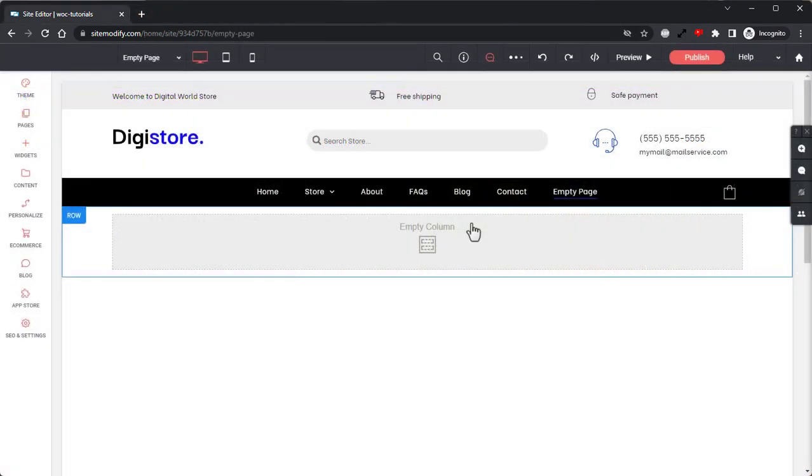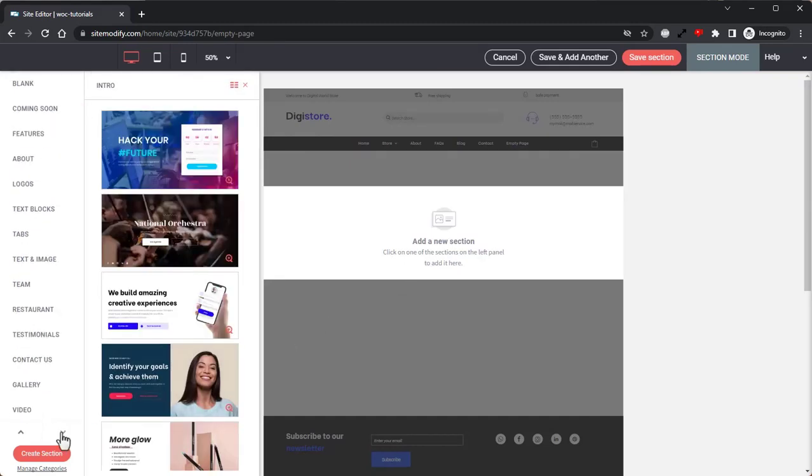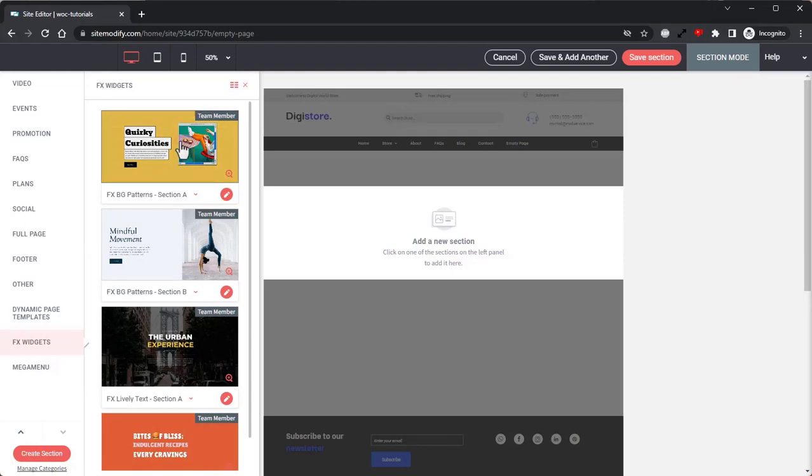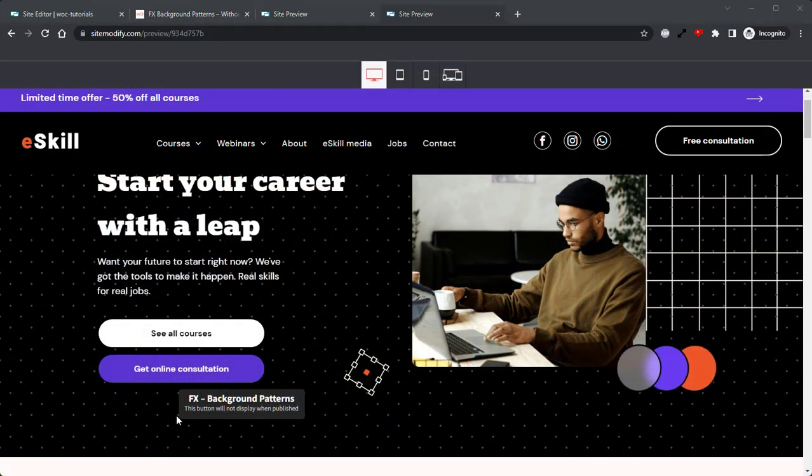Also, be sure to check out our FX widget sections available in the sections panel for an ever-growing list of pre-styled and ready-to-use sections featuring many of our FX widgets. And that is it for the FX background patterns widget. As you can see, it's a very simple widget, but one that can be used to add additional depth to